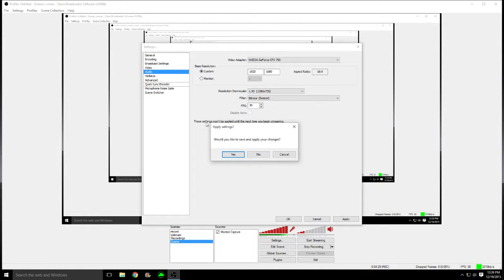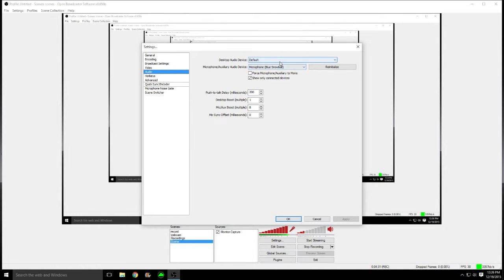So audio. You always want this to be default, but whatever one you're using for your microphone for talking, you want to use. So I'm using the Blue Snowball. You never want this to be default, because if you have two audio producers, it could go to the crappier one, because I have a microphone on my, what do you call it, my webcam. So I want to keep it at Blue Snowball. So you never want to force out microphone audio. And then you always want to show connected devices. You want this at 200, 1,